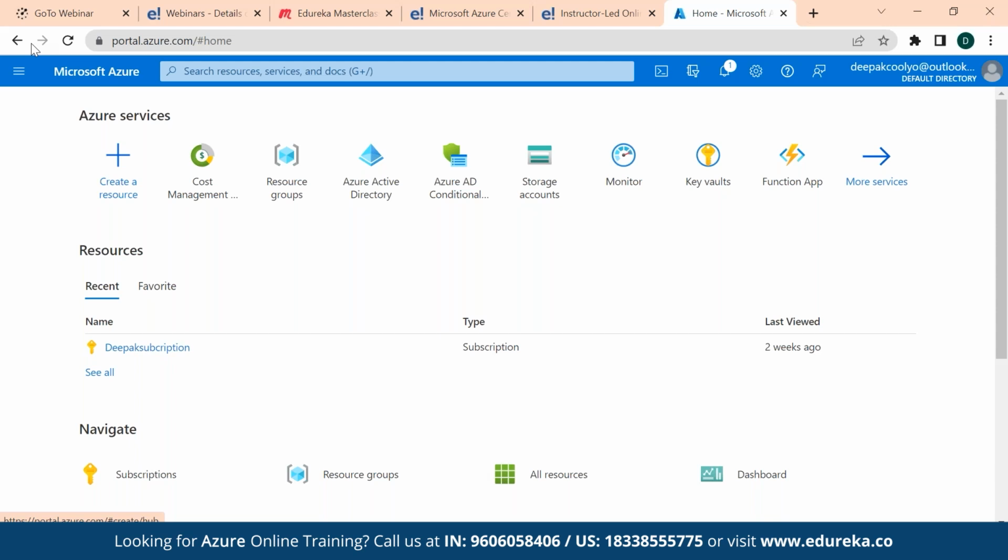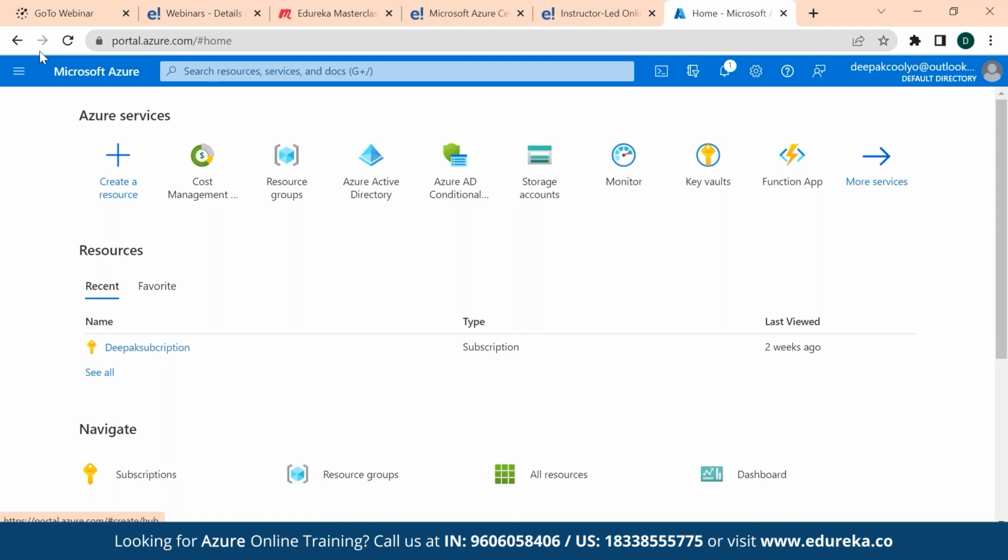So whenever I'm going to create something, or make any kind of activity, Azure is going to charge me for that. Now, in the case of Azure, everything gets created into a resource group. It's a kind of container wherein you can define the access. For example, in the resource group, I have given access to 5 different people. In that case, only those 5 people are going to have access. Apart from that, other people are not going to have any access. So every resource group is going to work independently.